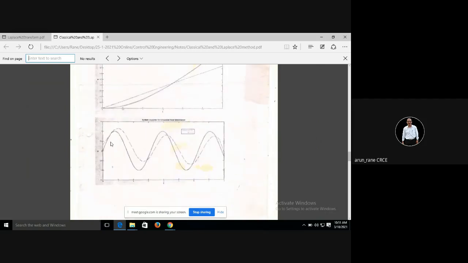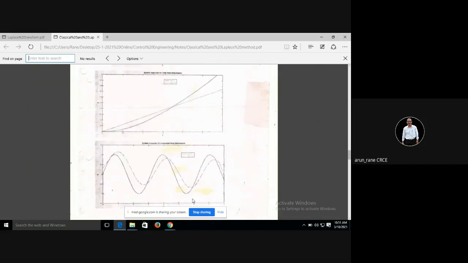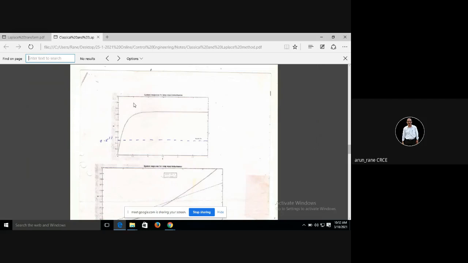I give you one example, wherein theta I is h, then theta I is ht, and then theta I is h sin omega t. For that we also saw the response. We saw whether the system will reach steady state. Yes in this case, here no, and here yes. The system is reaching a steady state as t increases. Here it will never be, and here it has become very fast. The system has reached steady state response very fast.